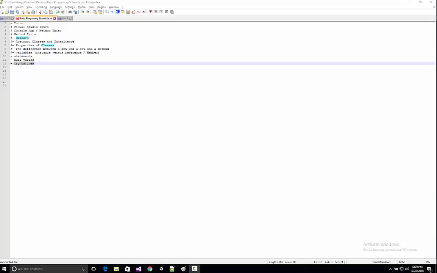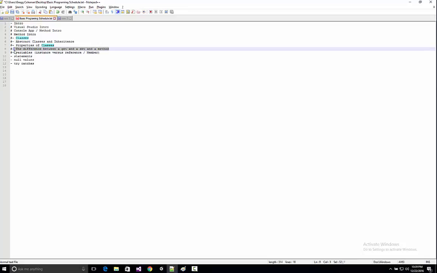I believe last time we left off, we discussed the differences between properties of classes and the private properties. We also discussed the difference between getters and setters in a method. If you remember correctly, a getter and setter, although it acts as a method because there's curly braces and you can do logic and functionality within it and return something, you really don't want to make that into your method